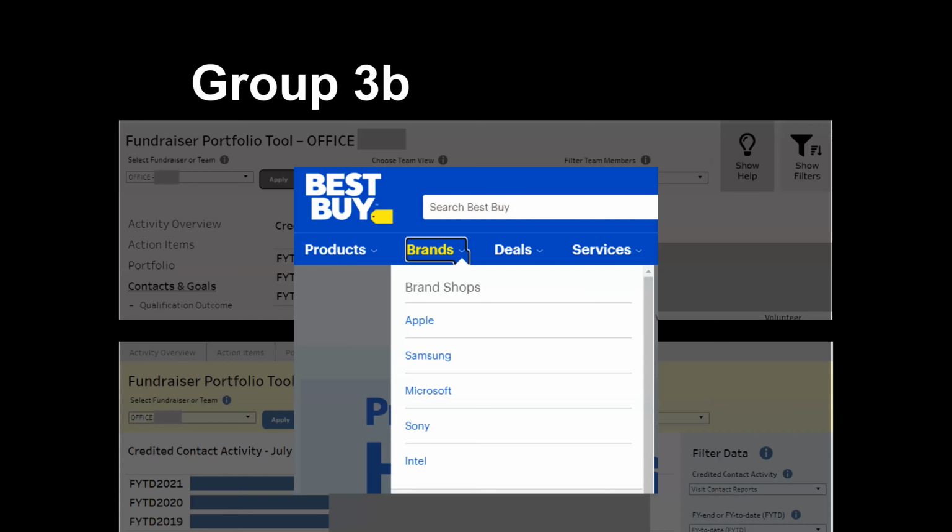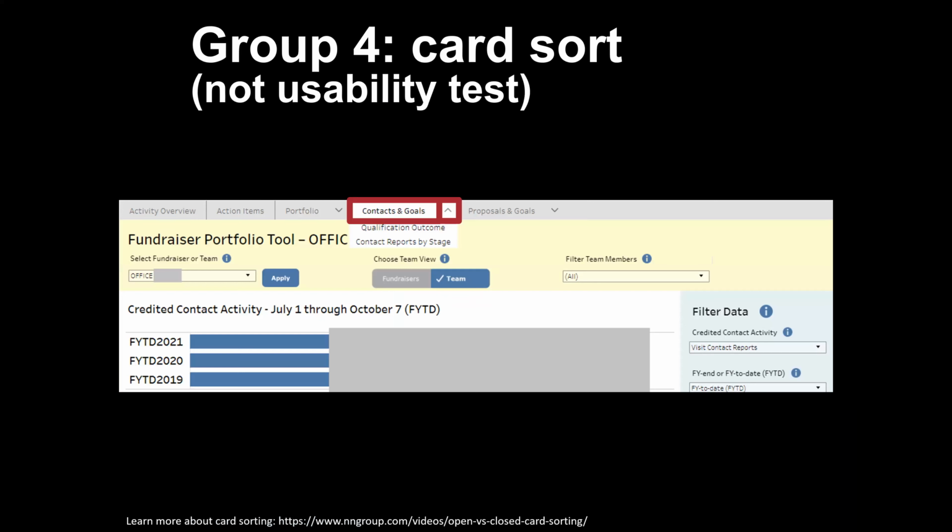But even then, we ended up having some issues, because one of the things that we've seen in all of our Tableau testing is that people expect Tableau to work like a website. So when you do things that are not what you would normally see on a website, for example, in this top bar, we had contacts and goals goes to a tab. This little caret icon expands or contracts the menu. But on a website, normally you'd see this whole thing be one button and it would have one action. It wouldn't be a split button.